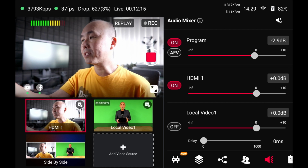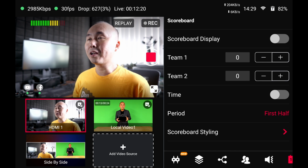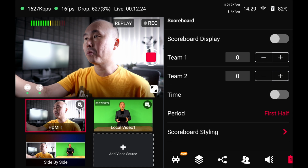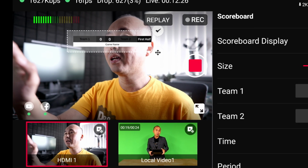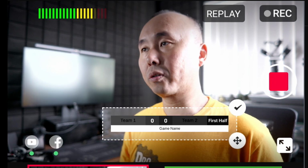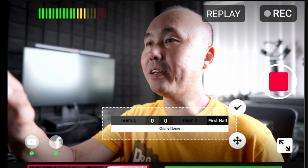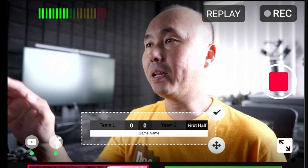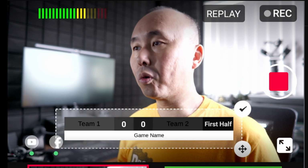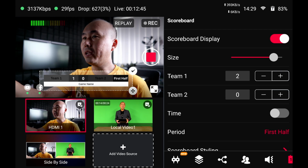And after this tab, the next tab is an interesting one. If you want to do a live stream of some sports games, then this is what you would like to do. Basically, you can create a scoreboard display using this screen, and not only can you position it anywhere, you can also customize it, make it bigger or smaller. You can change the score in real time,